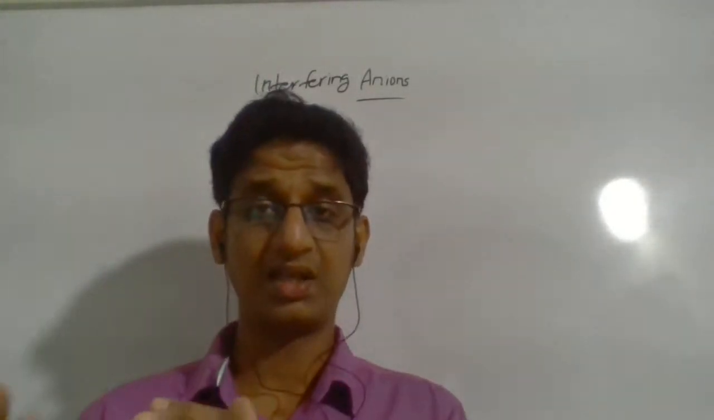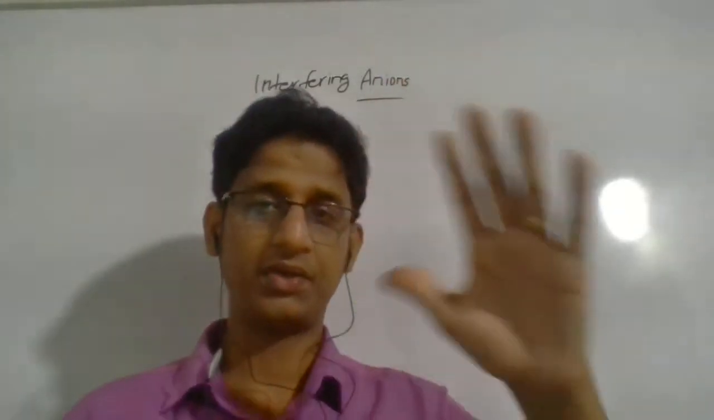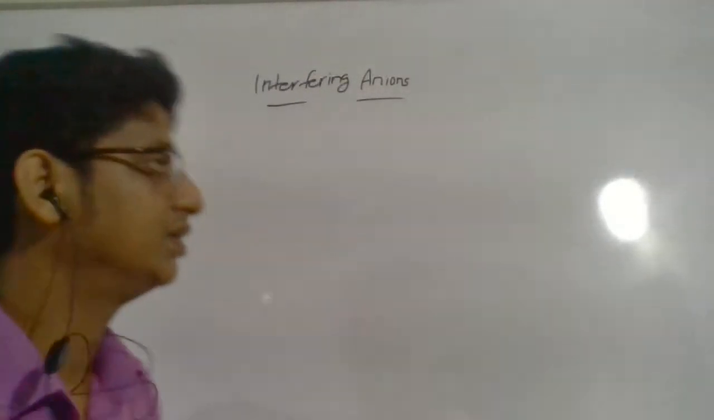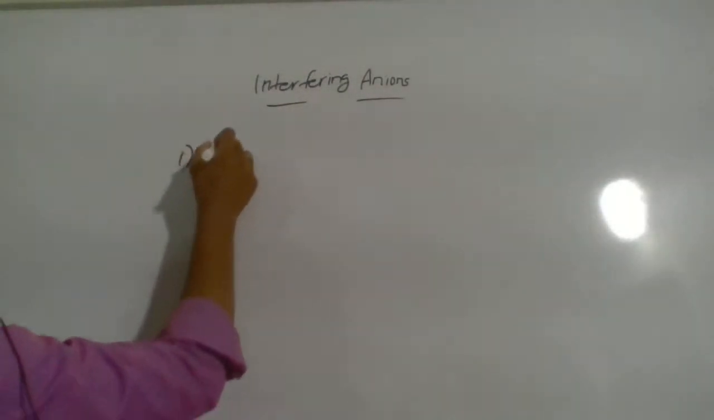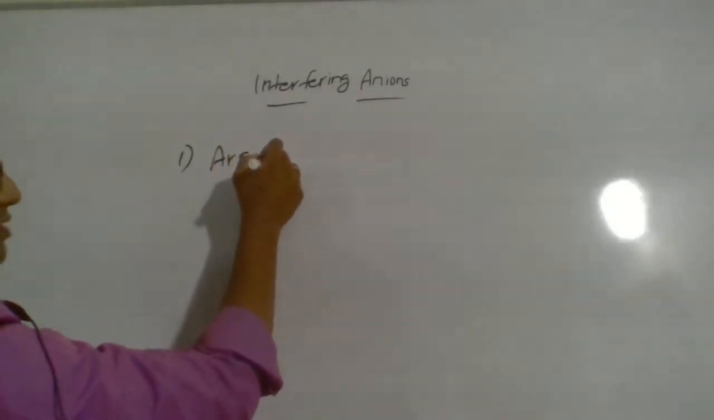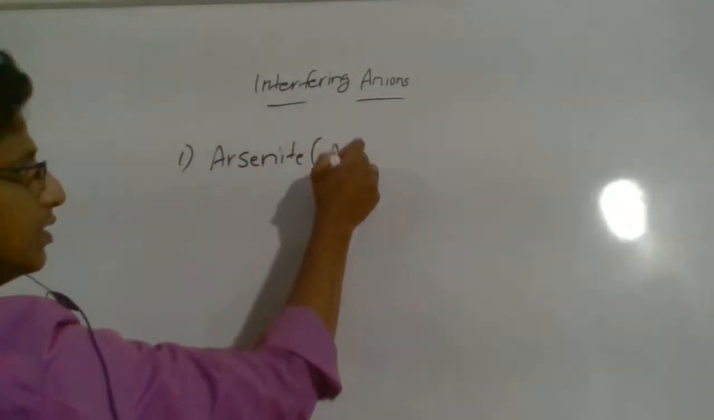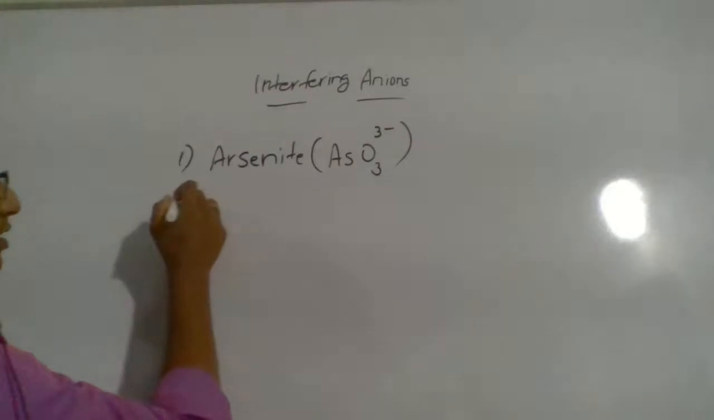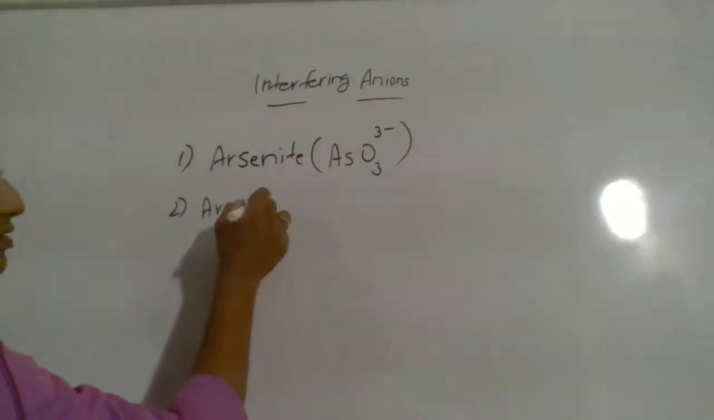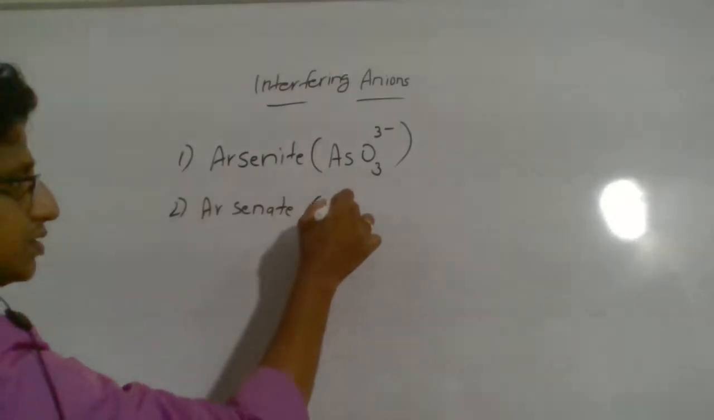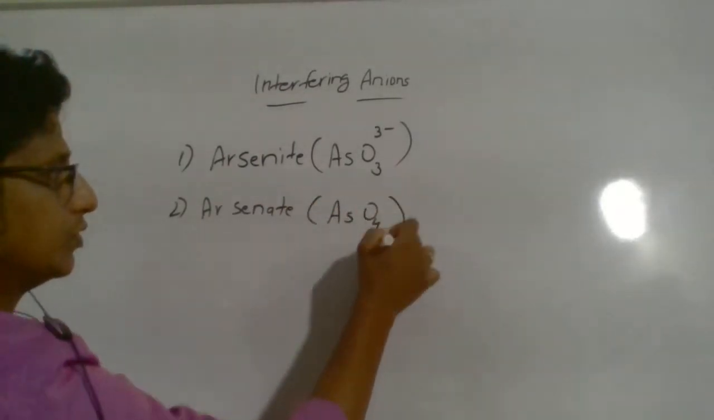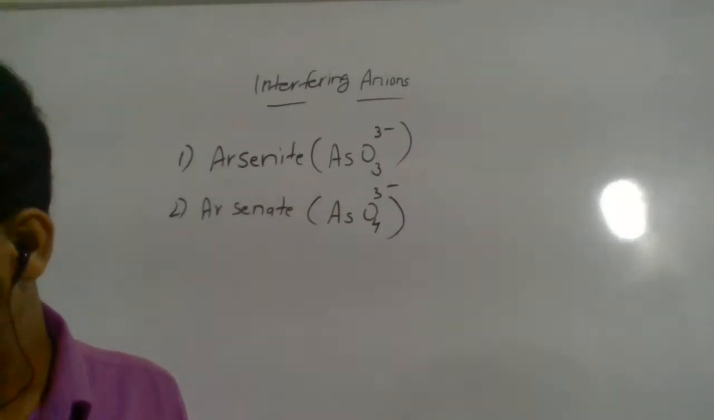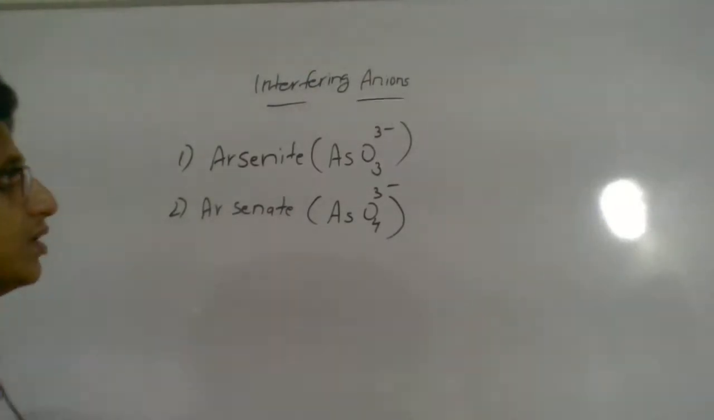It's not all the anions that interfere. There are some anions we can list that can actually interfere in the cation analysis. Let me list them. First one, arsenite, which you can represent as AsO3 3 minus. Second one, arsenate, AsO4 3 minus. Then chromate,